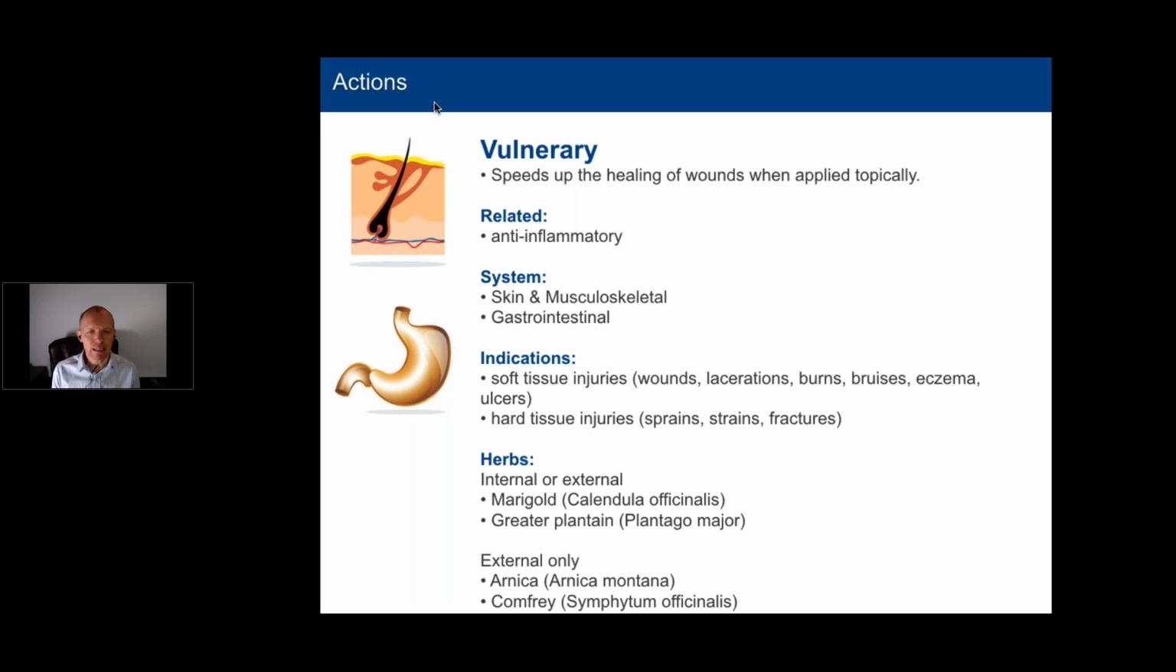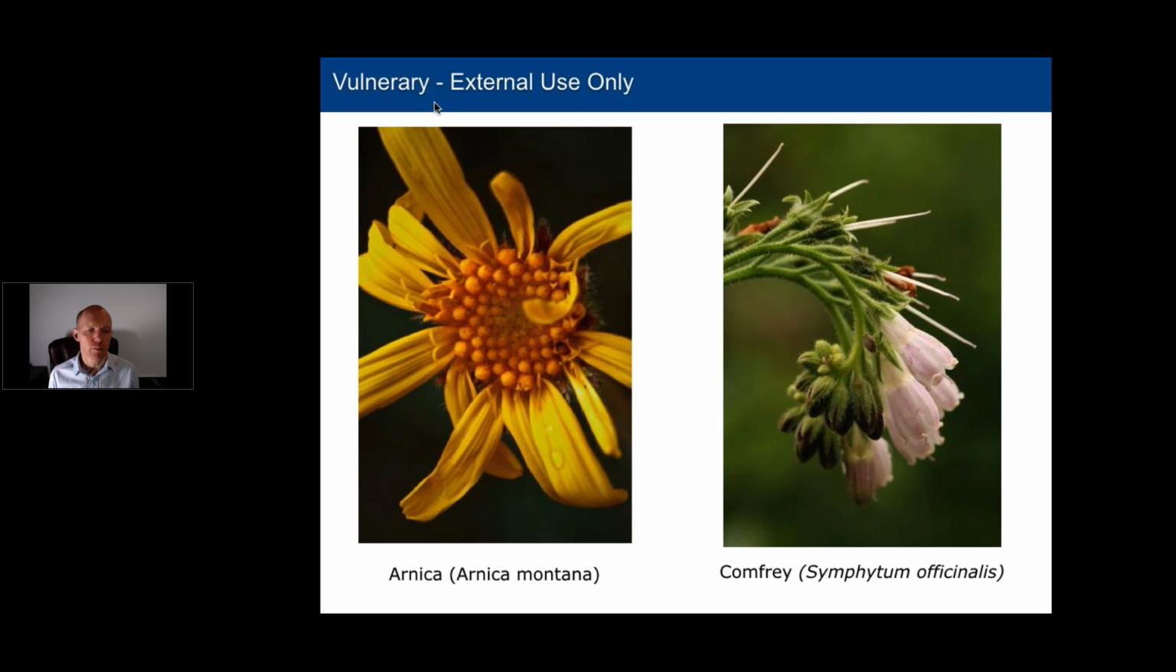Now, in general, there are some vulneraries that are safe to apply topically and take internally. And there are others that you can only use externally because there are some safety concerns associated with them. So marigold or calendula, I got the order mixed up here. Let's do the external ones first. Arnica, which is